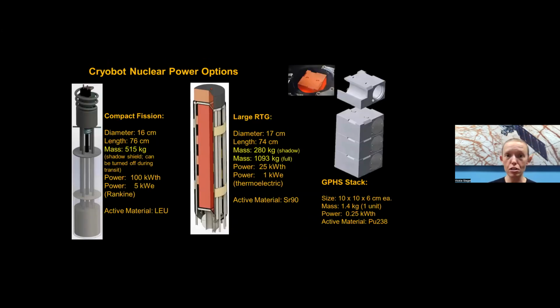Now, I am not a power systems engineer. I'm not a nuclear physicist by any means. There are many ways to do this. This slide is just to show you that they exist. But for our purposes right now, we still need to solve all of the other technology questions that surround cryobots and how they could potentially function in those designs to make sure that they are ultimately relevant to when there